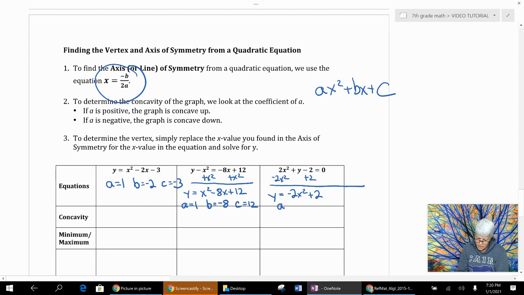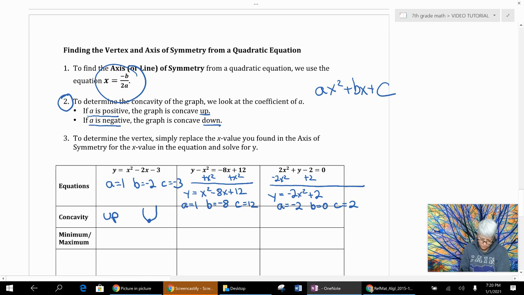This one, A is a -2. There is no B. There's not x to the power of 1, so B is going to be 0. And C is 2. All right. Now, concavity up or down. Let's look at number 2 up here. It says if A is positive, it's up. If A is negative, it is down. So the first one, A is a positive 1, so it's up, which means if I graphed that equation, it